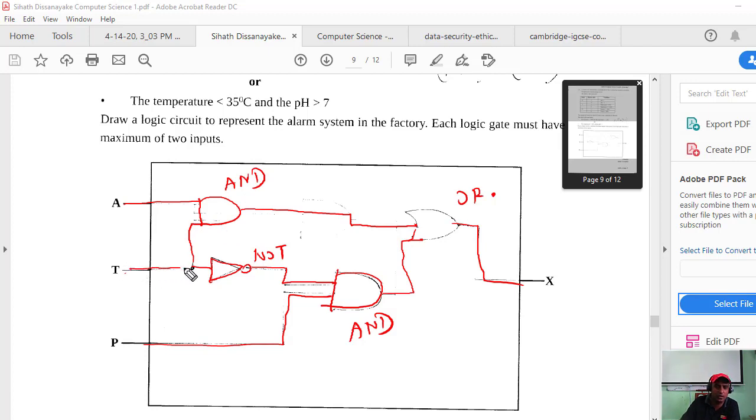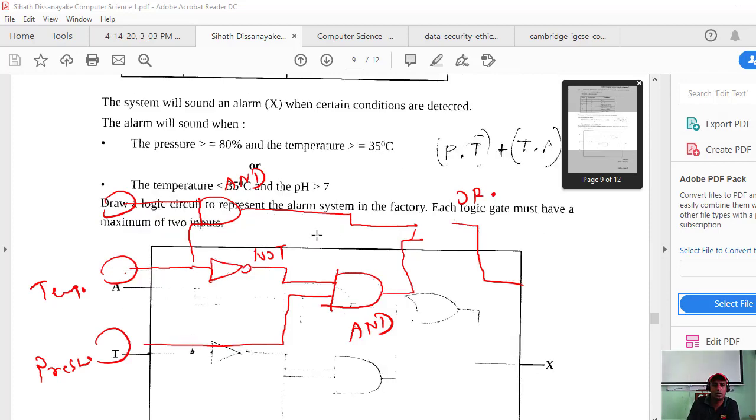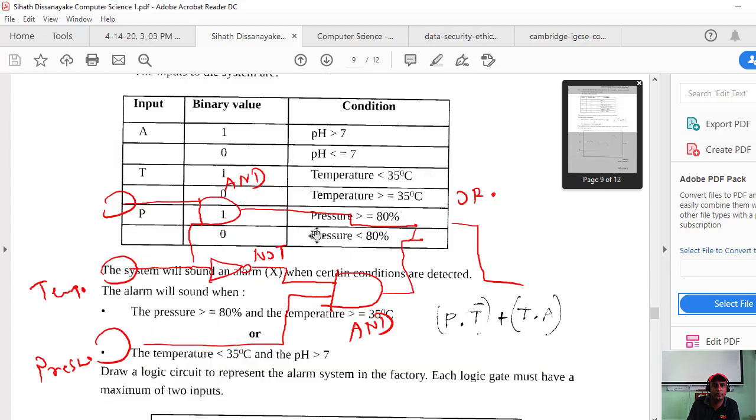Okay, here A means this is pressure, this is temperature, and this is pH.